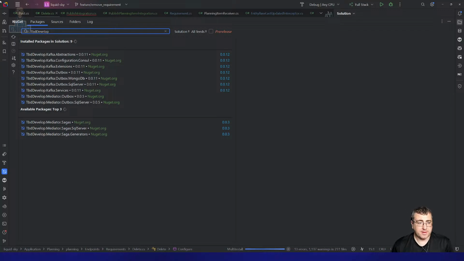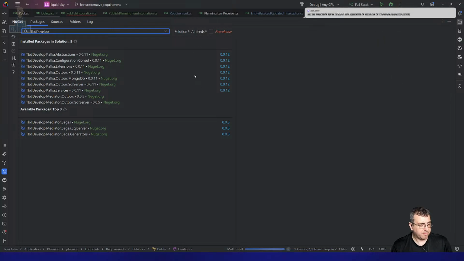So the first time I did this, I had to publish the package to my local NuGet feed because it took so long for the actual packages to update into NuGet and the cache to refresh, that I just installed them to my local NuGet, or my baguette server locally, and made them pre-release so I could at least test them. And that is a good way of doing that. This is a long-winded way, and obviously this is risky because